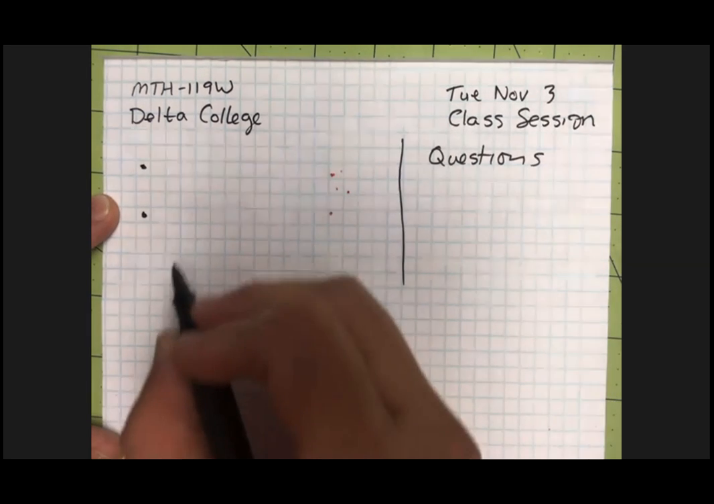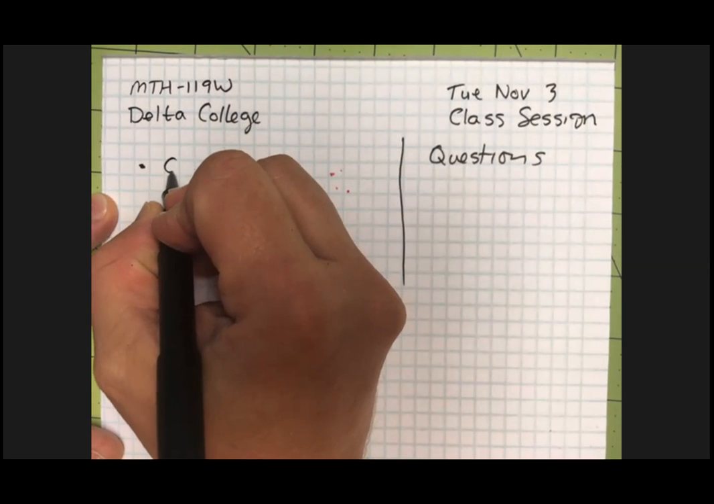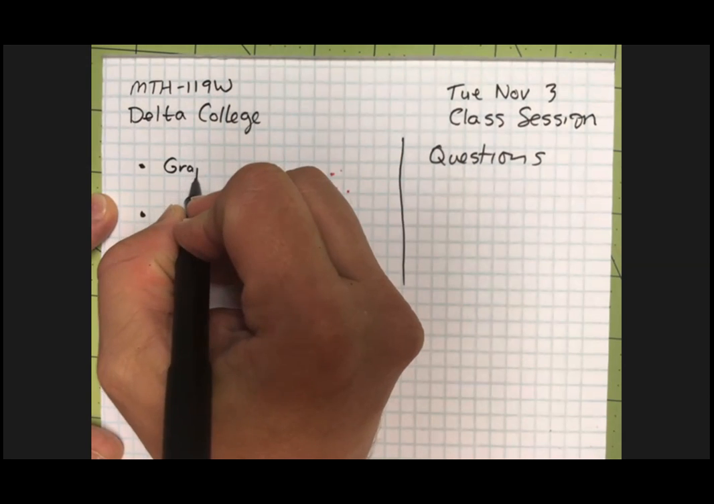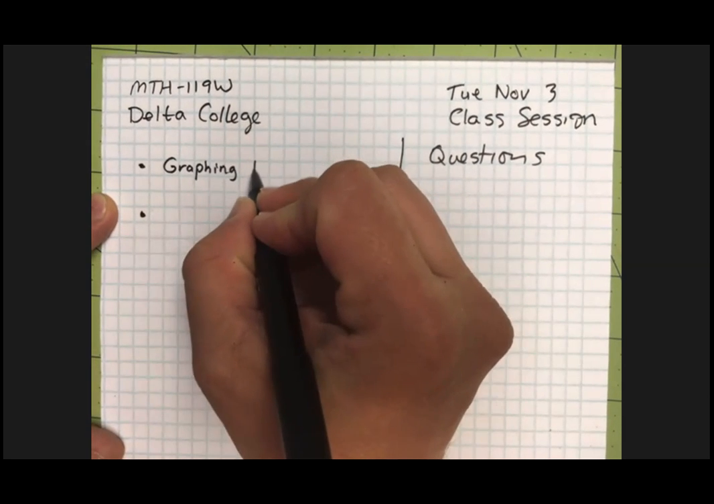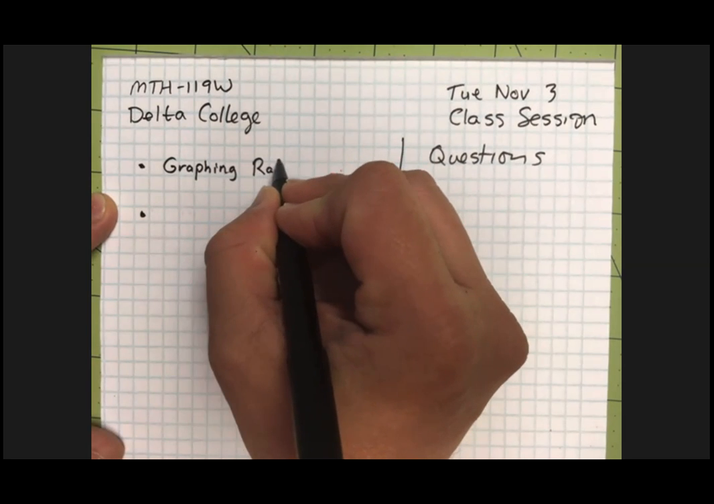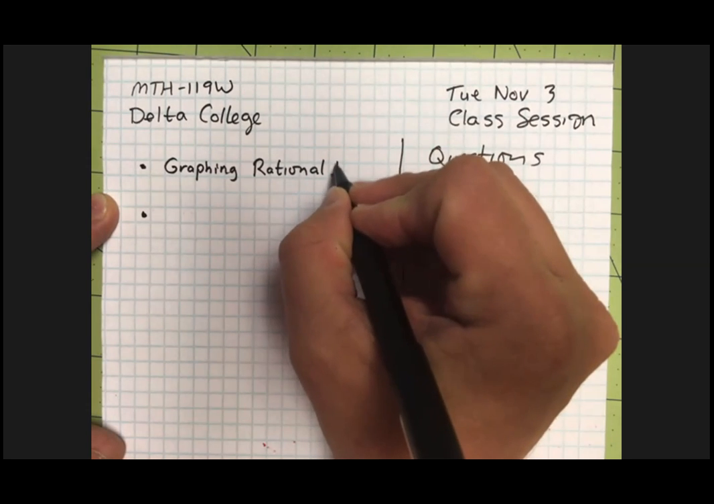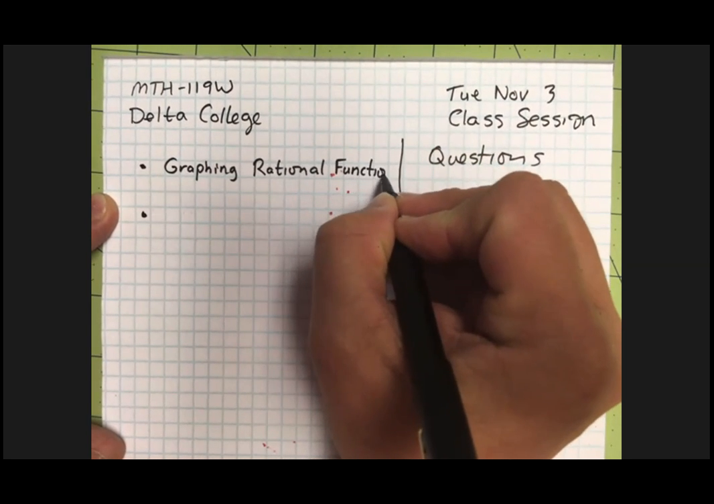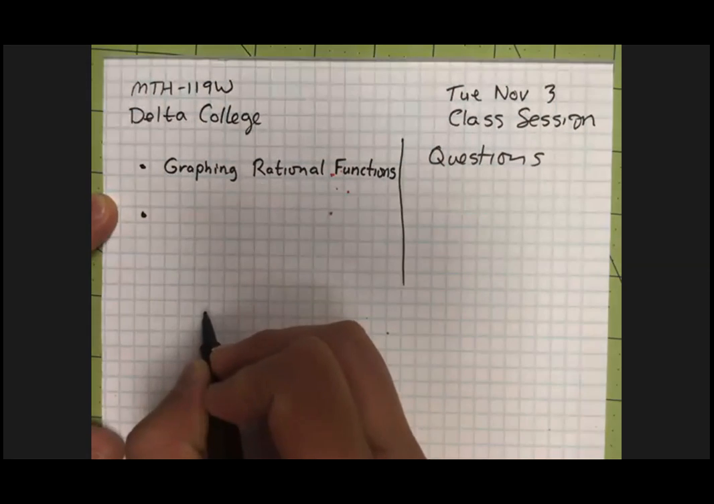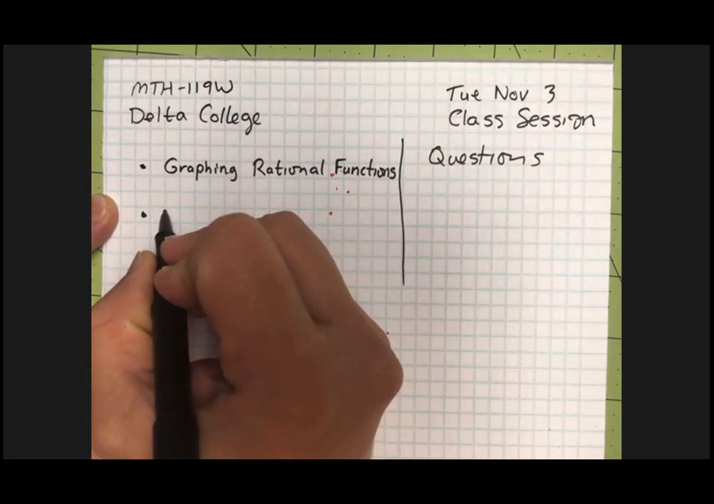Our mission today is mostly going to center on graphing. Graphing rational functions. Let's finish up the chapter we're currently in. And then